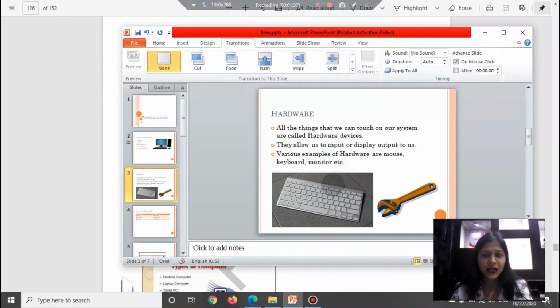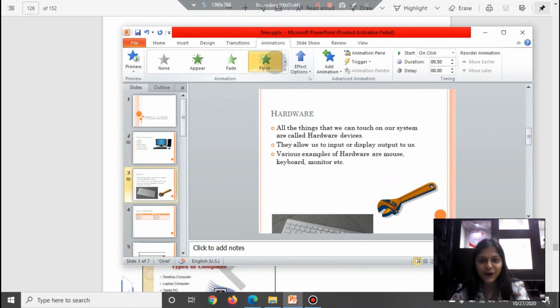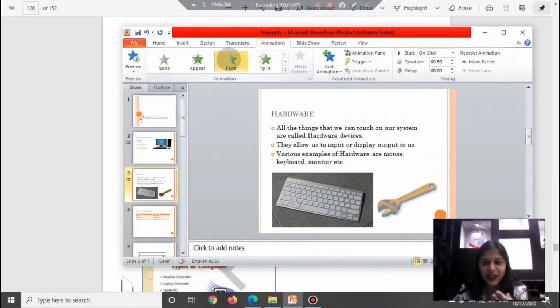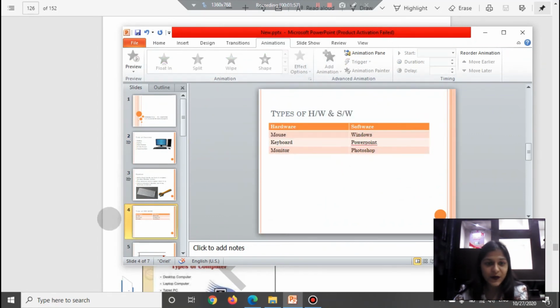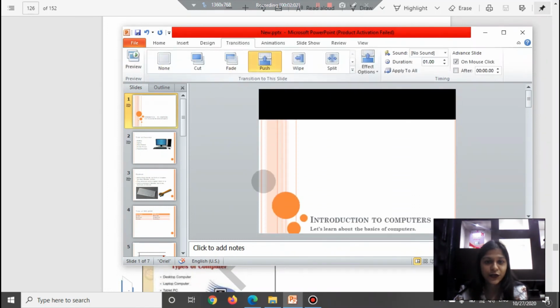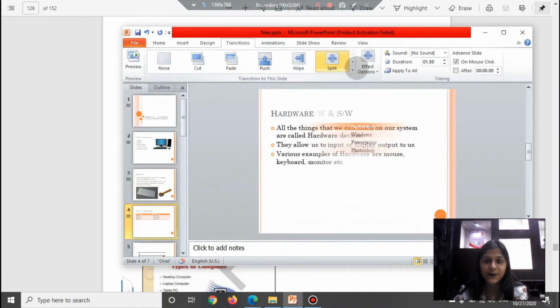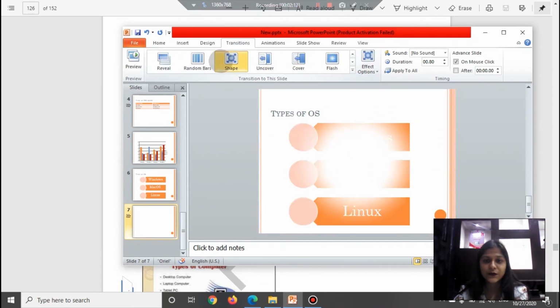Now we will add a couple of animations in our slide, and then we'll do a slideshow. Okay, so it should fade in or it should fly in, and for this one I'd like it to fade. Okay, so I think we've added a couple of animations here. We have added one, I will add it here also, it will split. And for the slide, I'll give it a transition of push. For the fourth one, I'll give it split. For the last one, from these options, I'll choose the shape option.